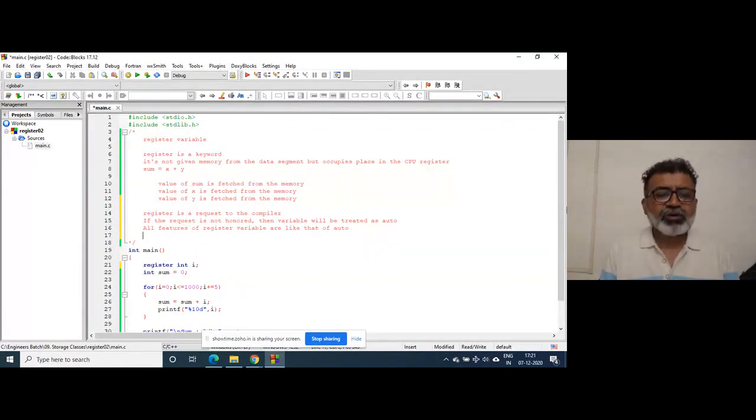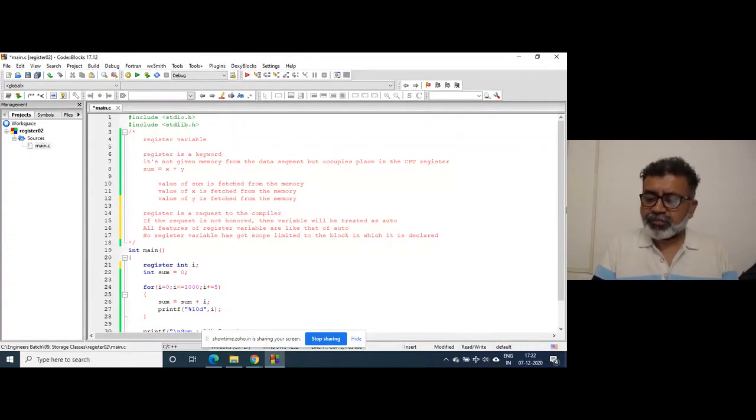Otherwise, it is like auto. The register variable has scope limited to the block in which it is declared, like an auto variable.